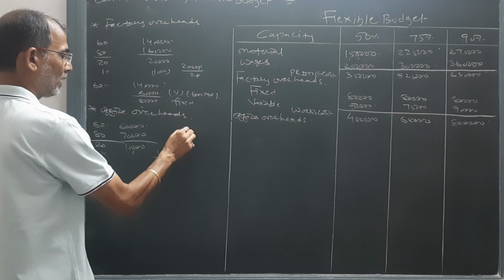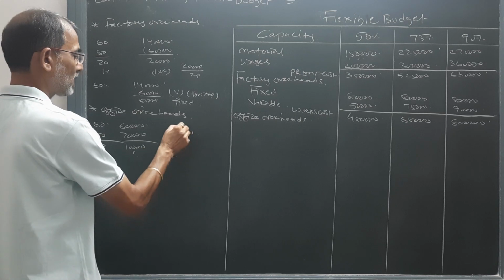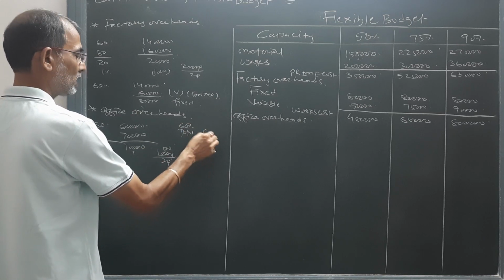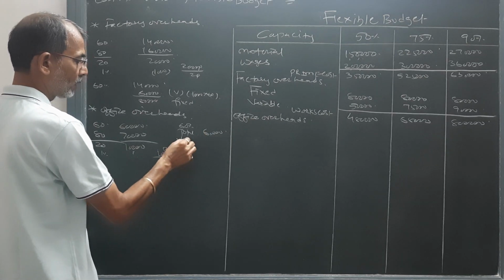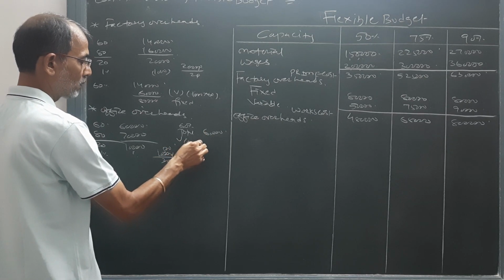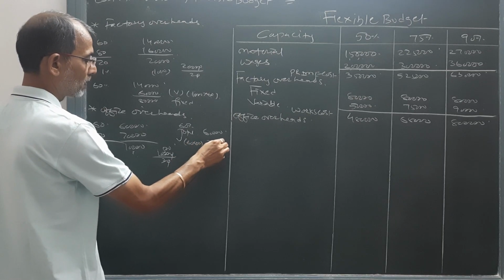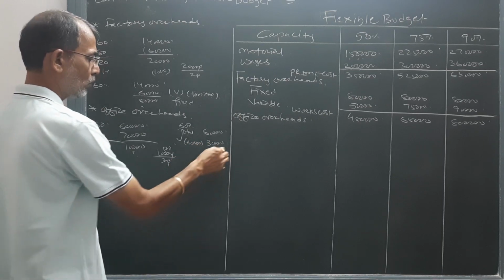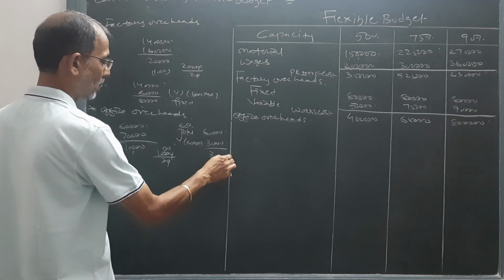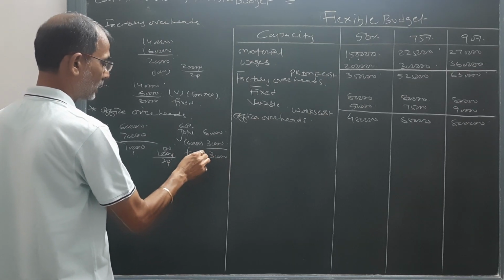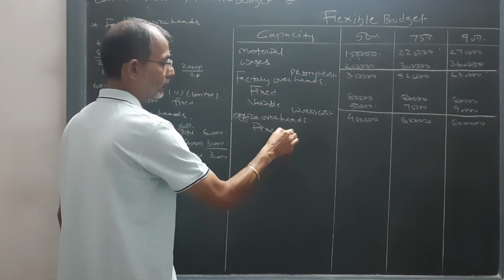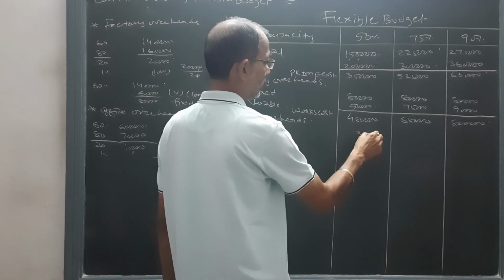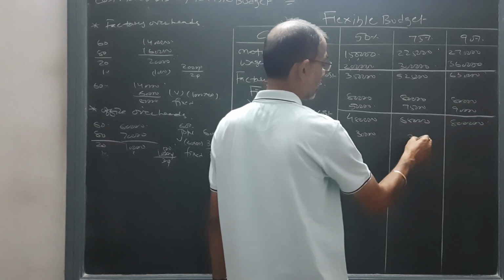Now total overheads at 60% capacity are 60,000. Variable will be 60 into 500, 30,000. So fixed will be 30,000. So fixed at every capacity will be 30,000,